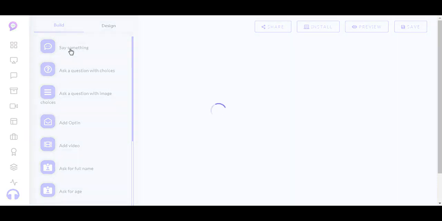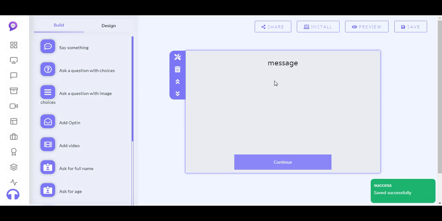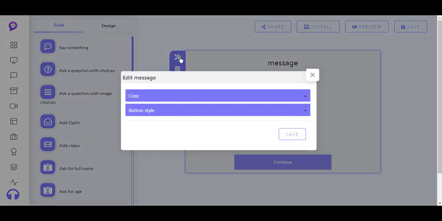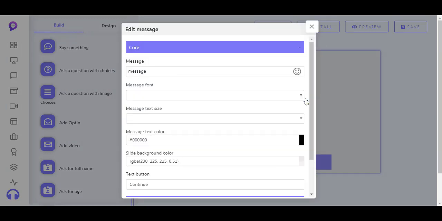So in saying something, I could just have this as my text header. You can remove what you want to remove. You could also come down here. You get to see your core design, which has a message, your font, your design flow, and your next button, continue. So I could just say, hey, here's a quick